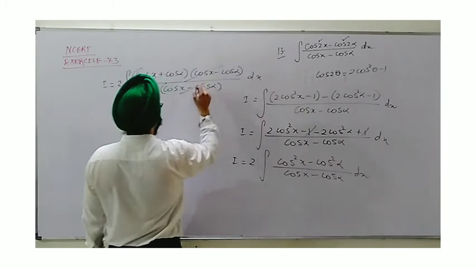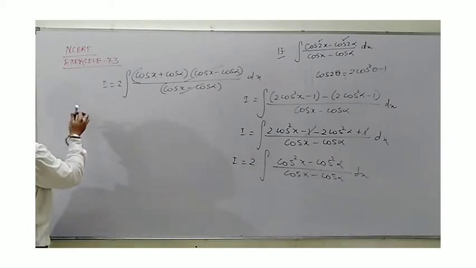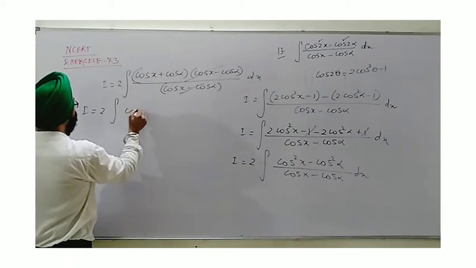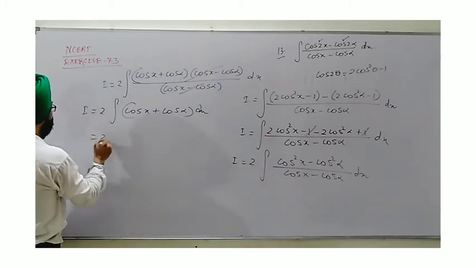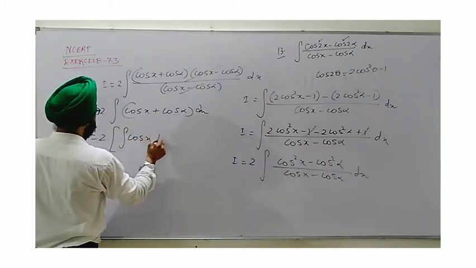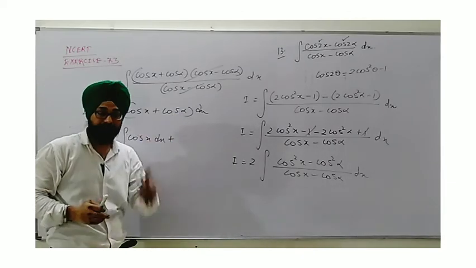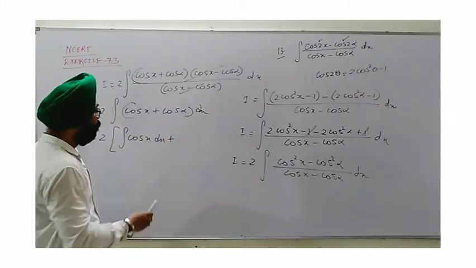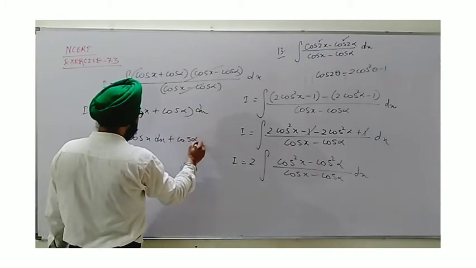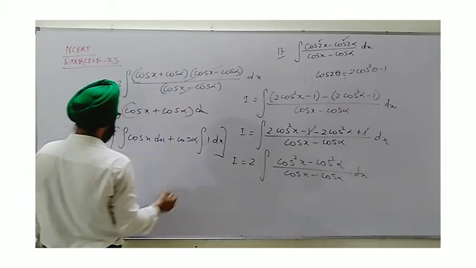Now these two brackets cancel out. As soon as we do, it becomes very convenient for integration. Both of the terms, cos x plus cos alpha, are left. Rewriting I as the integral of (cos x plus cos alpha) dx. Now, putting the bracket, I find 2 times the integration of cos x dx, but you have to be alert here for this cos alpha. In most such cases, cos alpha is a constant, and this can cause us to commit mistakes. Keep in mind, it's not x. So cos alpha will be taken as a constant, and we will integrate 1 here in this step.